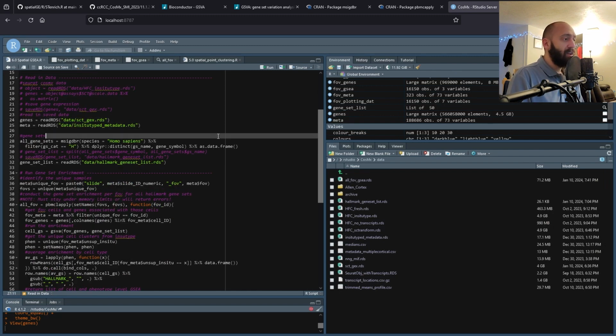We have the gene sets. So in order to pull the gene sets that are part of this MSigDBr, we have to specify the species. And since we're working with human samples, we'll specify Homo sapiens. And then out of that,